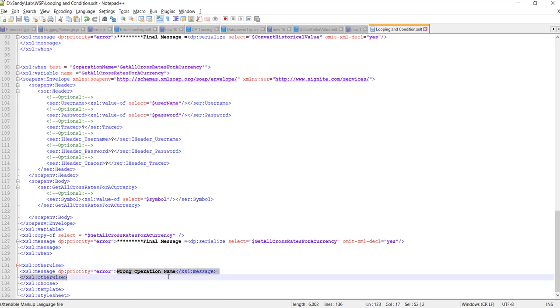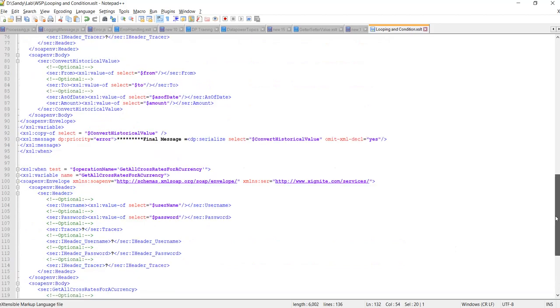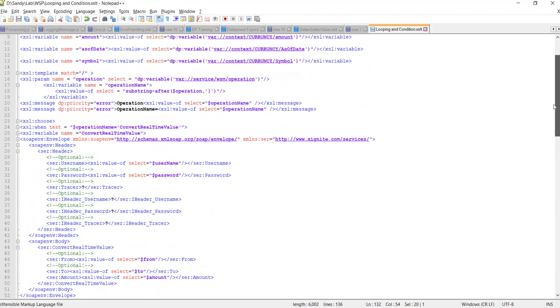Like for example, if the source system, the calling system, passes the wrong operation name, we are just printing that the operation name is wrong. But as this is not the exact SOAP message, in error handling I'll show you how we'll create the exact SOAP message in case of any failure. But for this lab, I'll just print a simple log into our system logs that the operation name doesn't match. Okay, so let's go to the first condition.